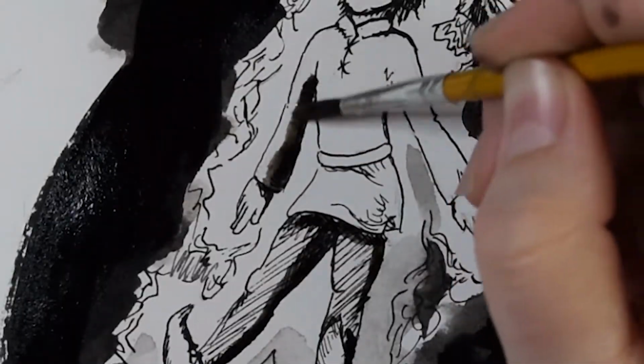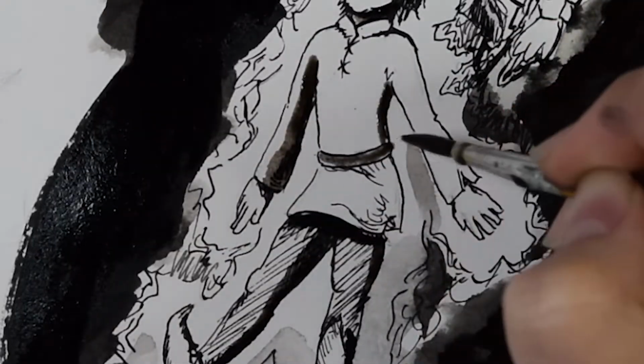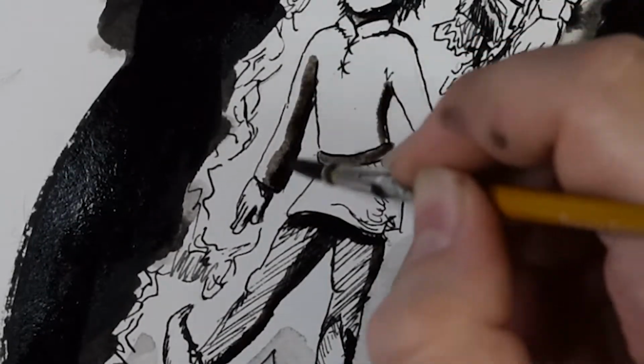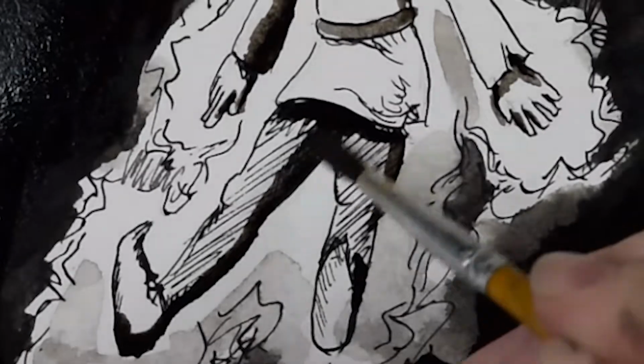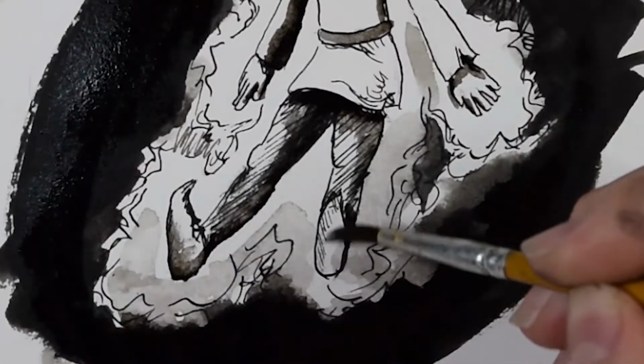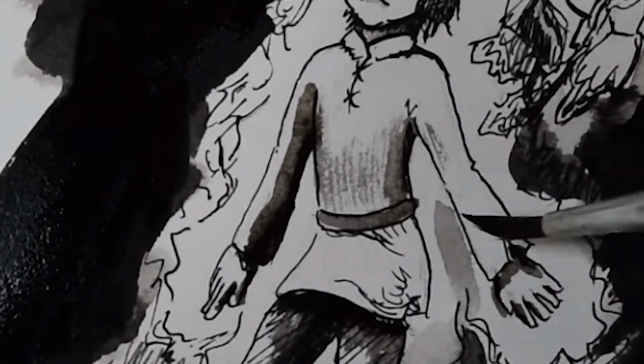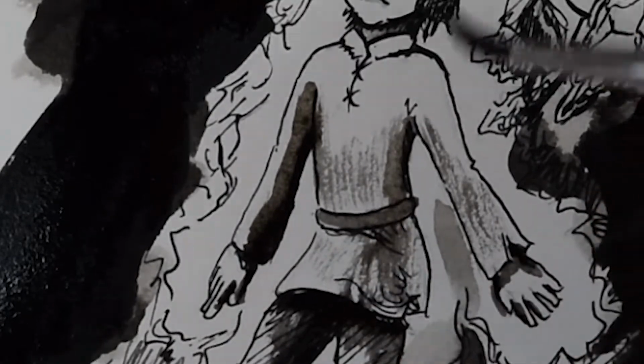Now as I'm working on this guy, I'm jumping between different parts of it. Like I darkened up the background really quickly, so I'm going back into the main figure and trying to put the darks in. And what I found to be very, very useful was I was able to use a very nice dry brush effect. So if you don't know what a dry brush technique is, it's where your paintbrush only has a tiny bit of paint or ink on it, and you use it to get a kind of scratchy